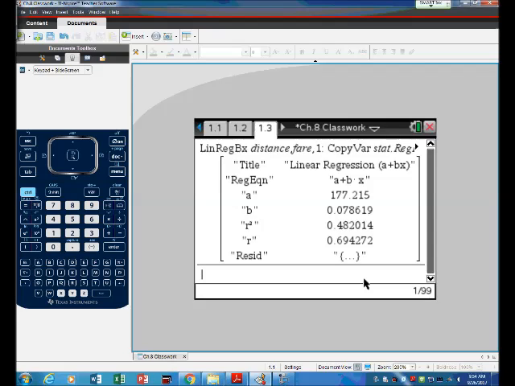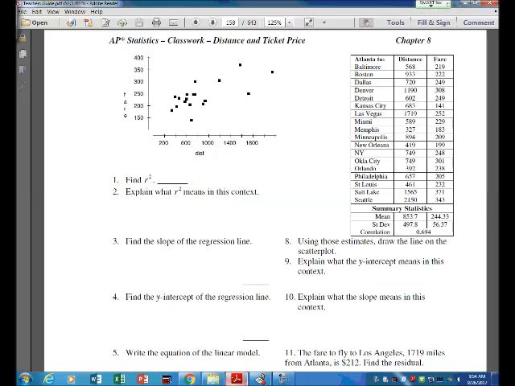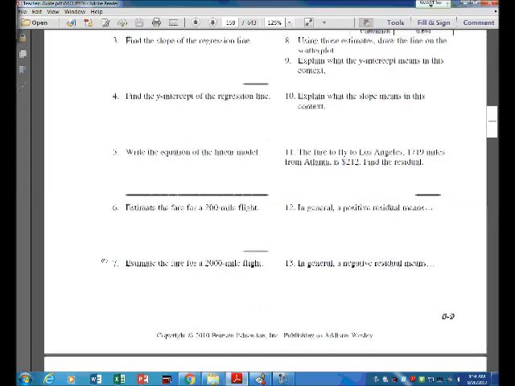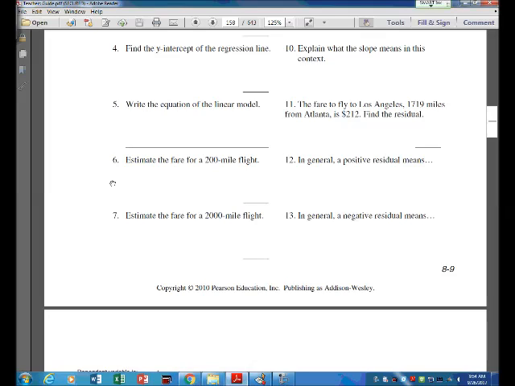So if you look at your actual problems, if we go back to the actual problems here, 1 through 13, it looks like you can go to number 5, which is right here, and we can write down the equation of the linear model, which is going to be in context. So again, in context, you don't want to put y and x, you want to put what they represent. So this is where you're going to write for y, that was our price or fare, so fare, and because this is a predicted value, so when we make a model, this fare is going to be a predicted price, so I'm going to put what we call a hat, that means it's a predicted fare,